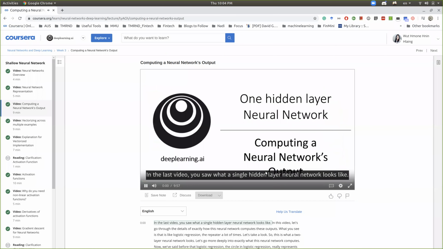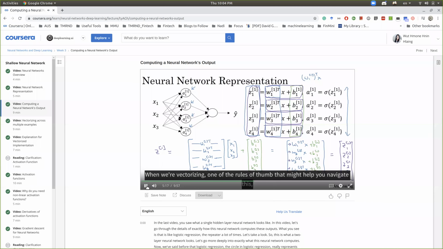In the last video, you saw vectorizing, one of the rules of thumb that